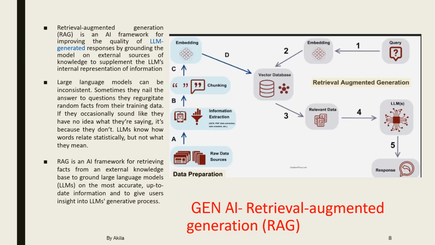Also, whenever there is an update in our database, we can provide that as output for RAG. This way, retrieval augmented generation is the next feature of Gen AI. So this way we have learned the basic idea about the